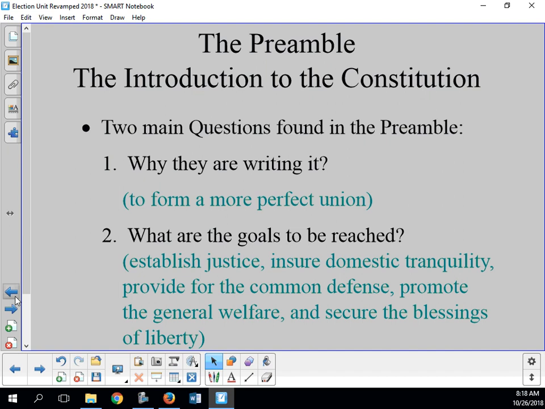Are we perfect today? No, we've got a long way to go. And do we make stupid mistakes? Yes, you bet. But at the core, this document is pretty darn good. Is it perfect? No. But it's pretty good. It really is. And again, remember, it was something that did not exist in the whole entire world. Nobody had anything like this. Nobody cared in terms of government about the people.